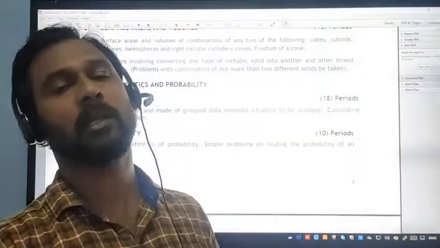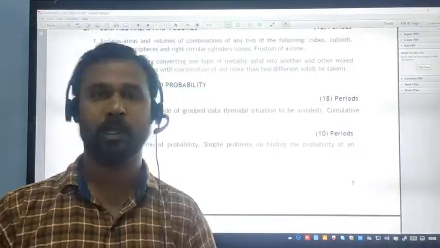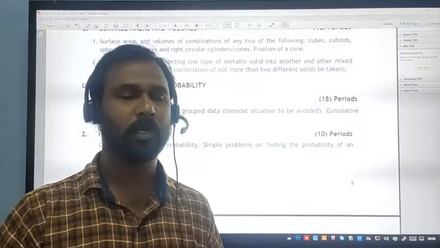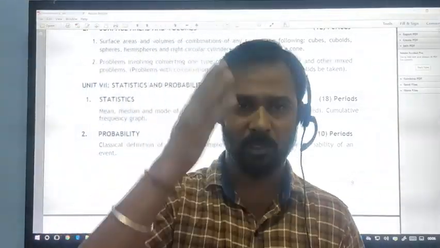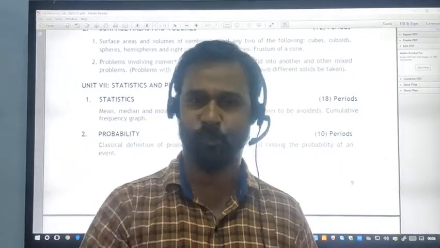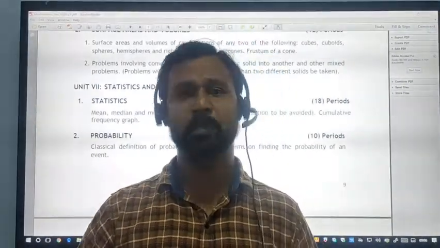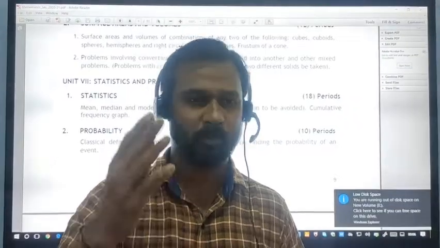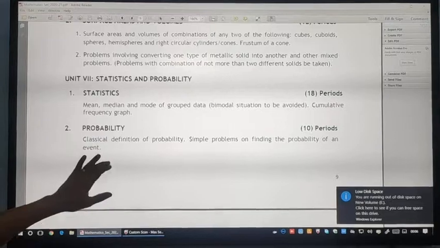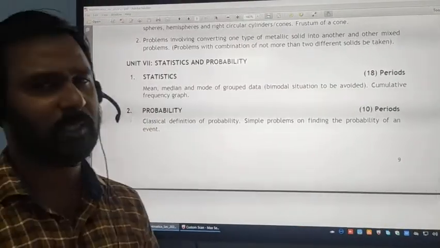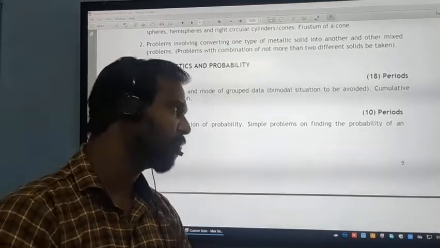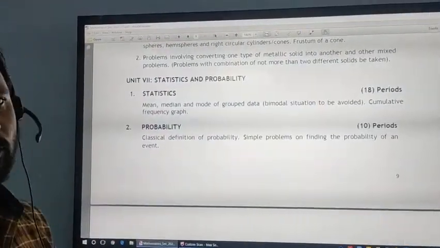To find mean, median and mode, there will be ready-made formulas in 10th class. It is comparatively a bigger section. To solve a problem in statistics, many columns are to be drawn and calculation should be much faster. So it may be time-consuming, but if you practice, it is a very scoring section. Last one, probability. Here a very short chapter. Here we will find the classical definition of probability and very simple problems to find the probability of an event.